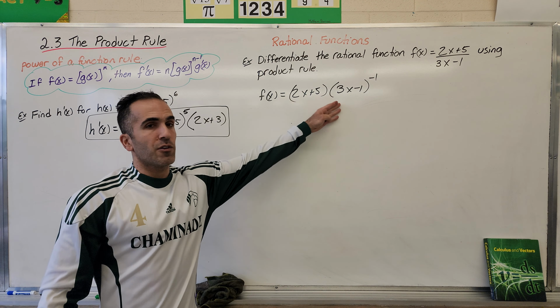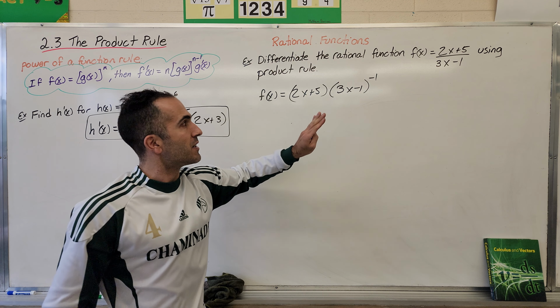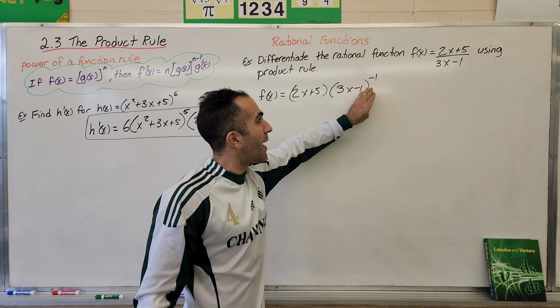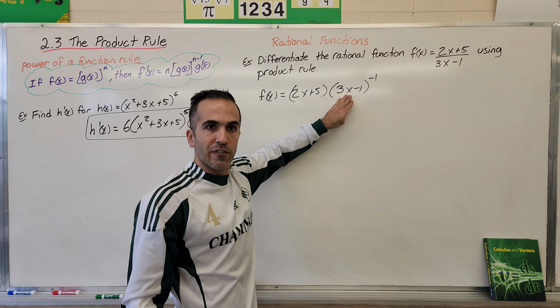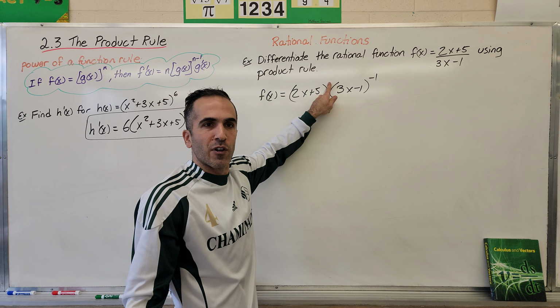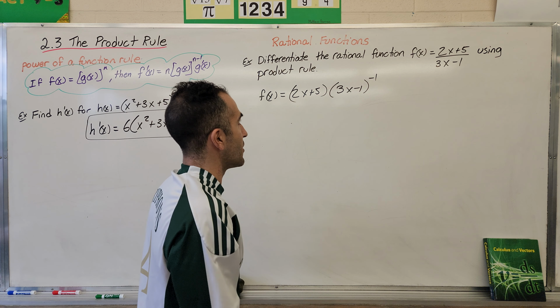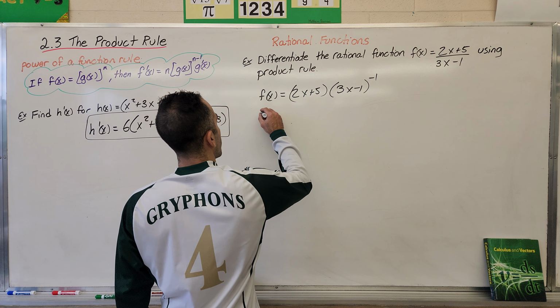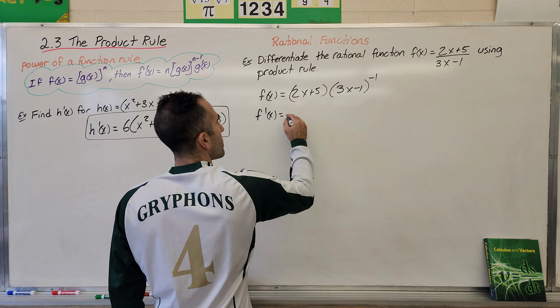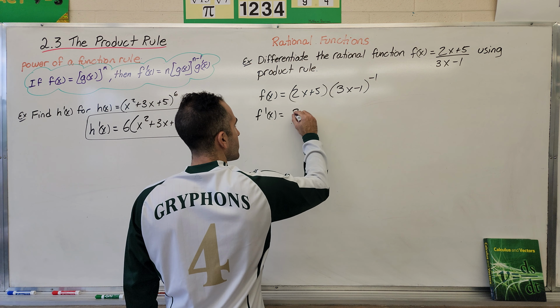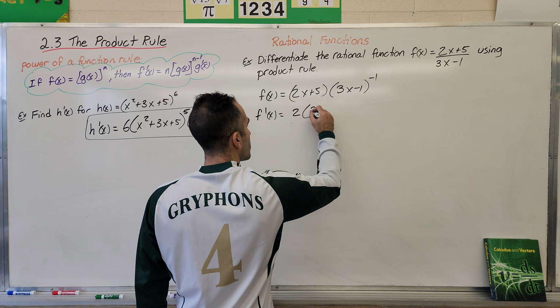Okay? And now this is just product rule. But be careful because this is the power of a function, a different function. We just don't use power of a function when it's a 1. It's not necessary. But if it's anything other than a 1, we have to do something. So f prime at x is going to be the derivative of this times that